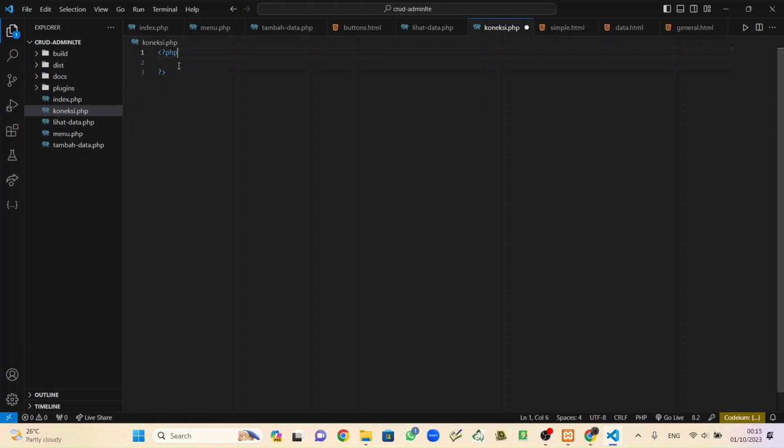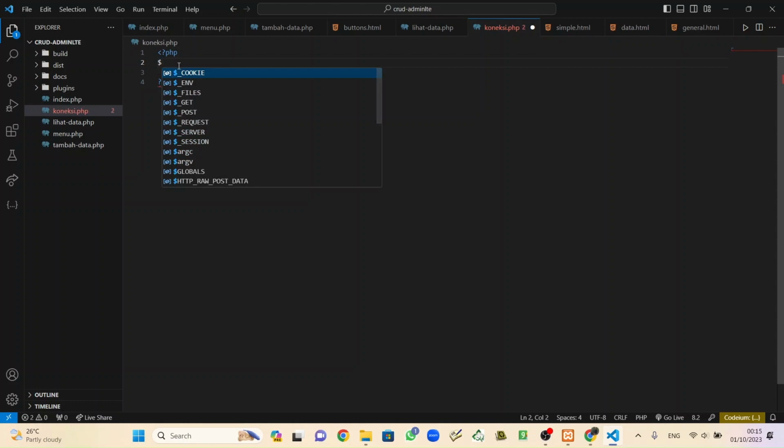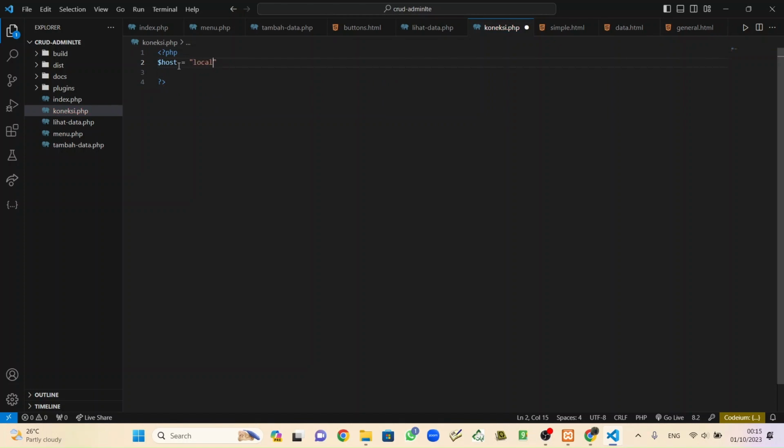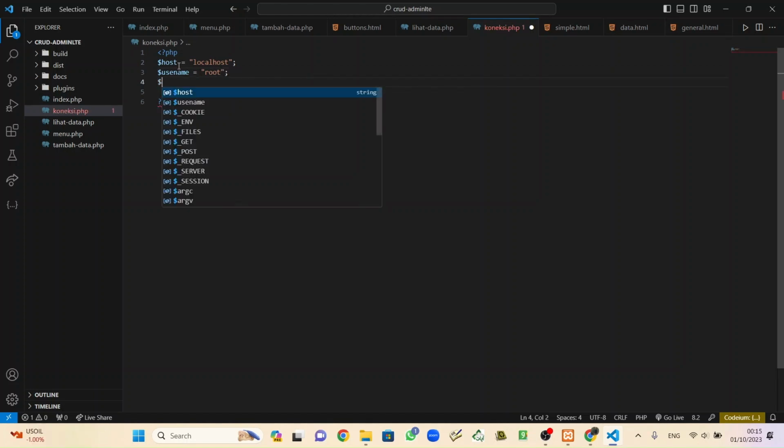first one is host. Localhost, just follow me, and then second is username, root, third is password, nothing, and the last is database name.